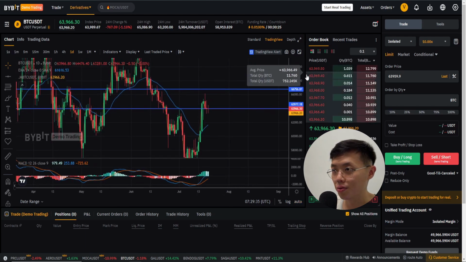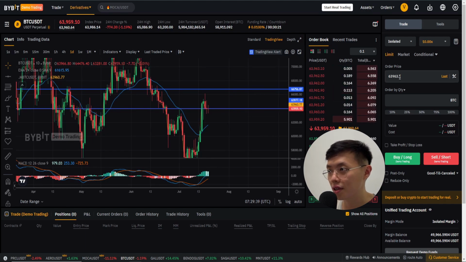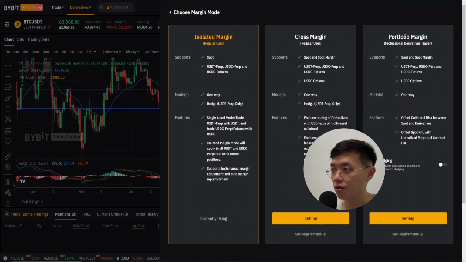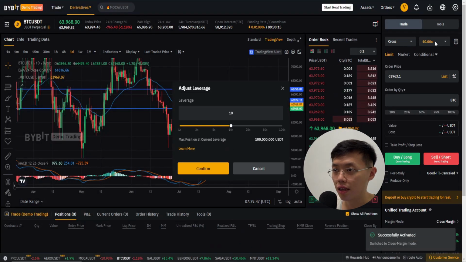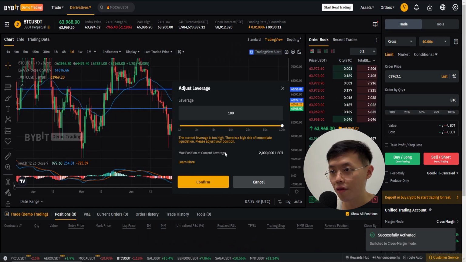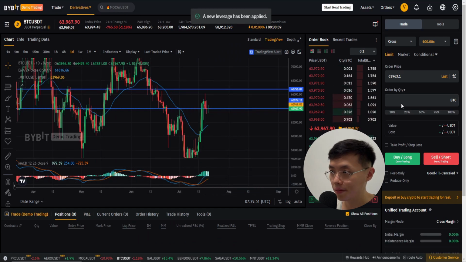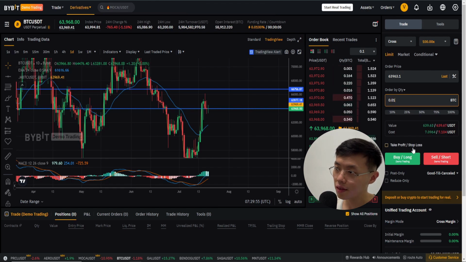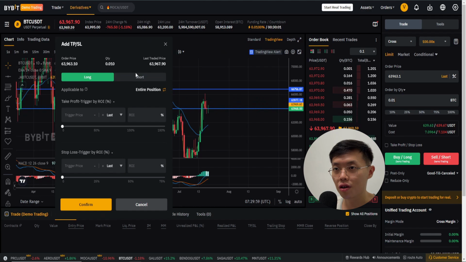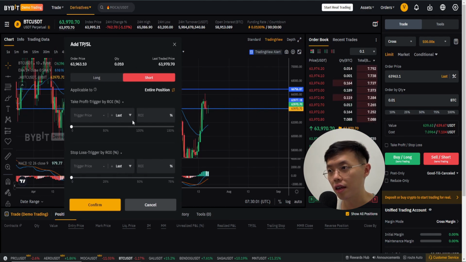So all I do is press any price here at the order book. It will automatically fill this out at the limit. Then I'll put in my quantity. I'll go to cross and then set the leverage to the maximum. Then I'll give it a quantity of 0.01. Then I want to key in my stop loss. I'm shorting, so I press short, and then I key in the shorting price, which is here,